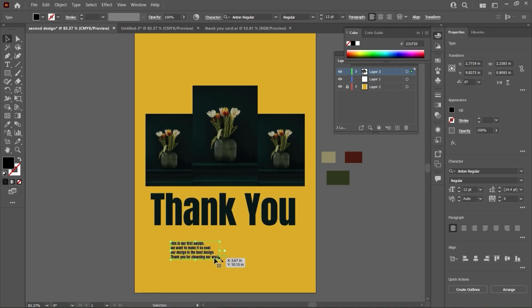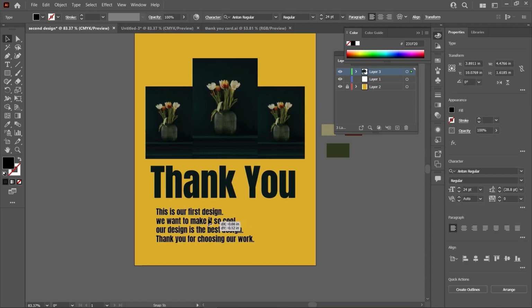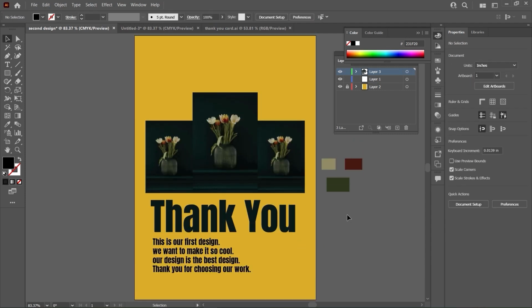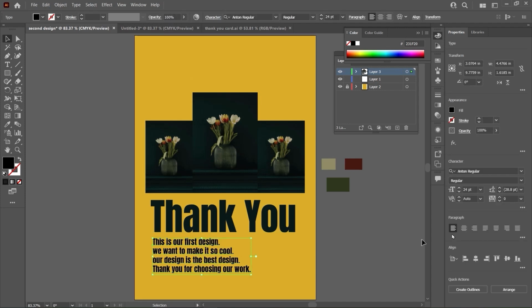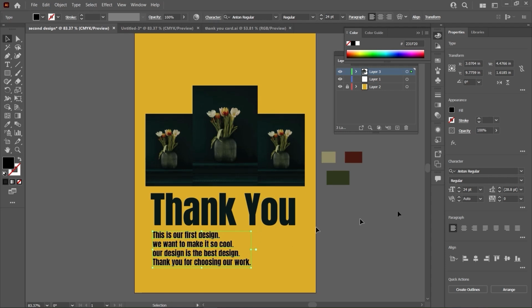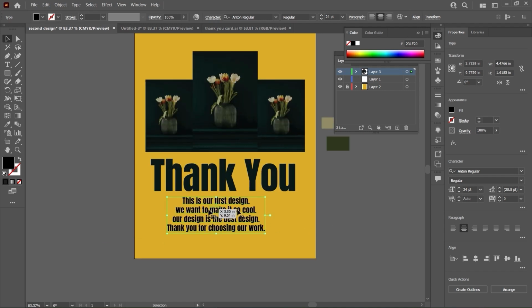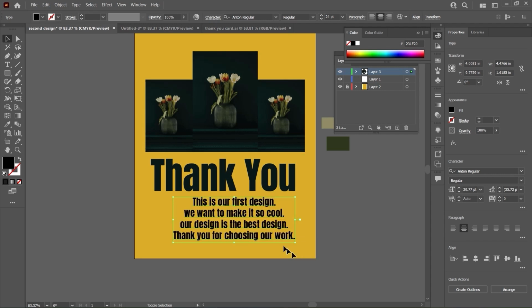We can make this bigger from here. After selecting this, we can just make this size bigger. Okay, now you can see it looks better, so you can keep it here, align this. Now you can see it looks better. And here if you want to change this align, if I select this text and select this, this is the center align, it also looks better. So if I make it bigger, shift, and then okay,